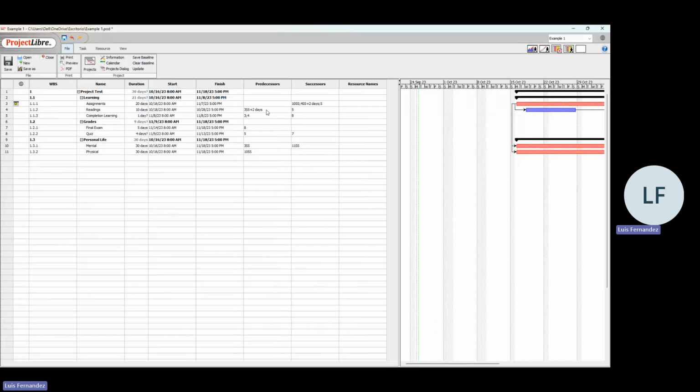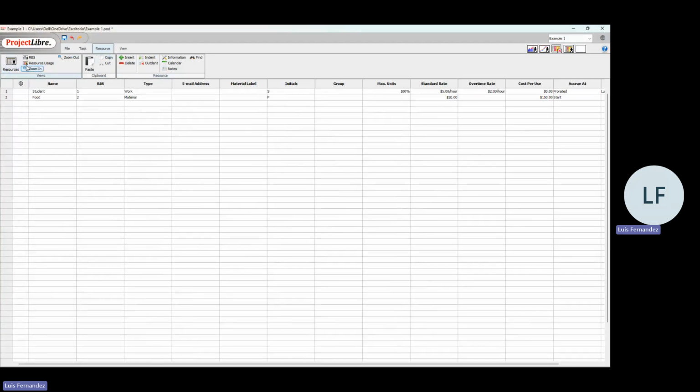A quick note that I forgot to mention is 3S plus 2 days: our predecessor's row number 3, start to start plus 2 days delay. We don't have anything as a default logical sequence. That means it is finish to start. All right, by explaining that point, if we click into the resource tab, go to resources, we can create